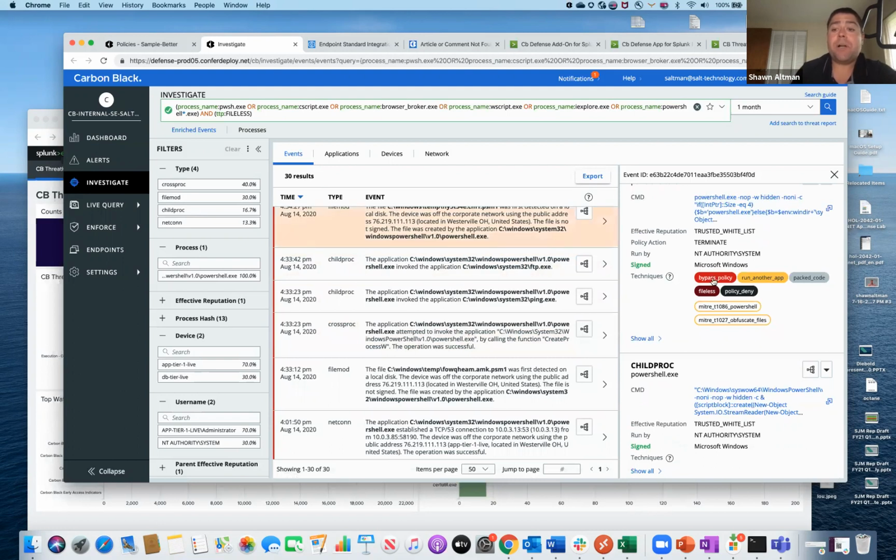So I know that this process hit the bypass policy rule. It was running another app. It had some packed code in it. There was a policy deny, so it says, hey, I was going to deny it. And then when you start pulling in some of the MITRE ATT&CK frameworks, I know that it was